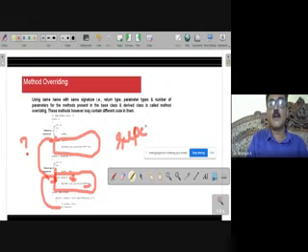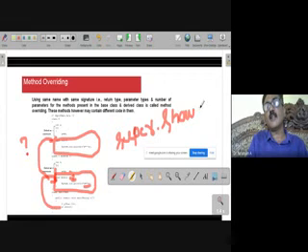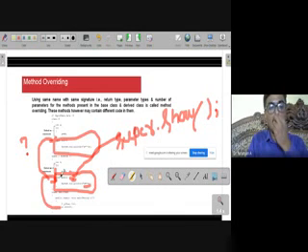Super, all letters lowercase, dot show. Where should I write this line? I should write this in the son, in the child, as the first statement here.